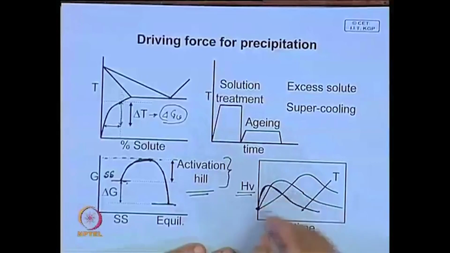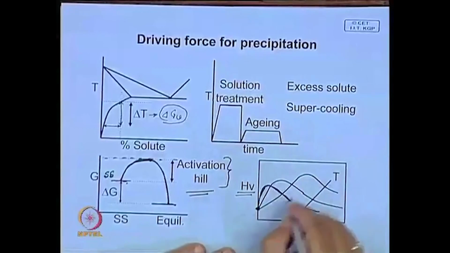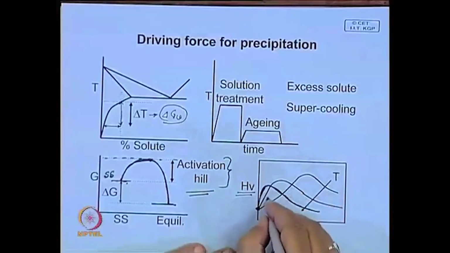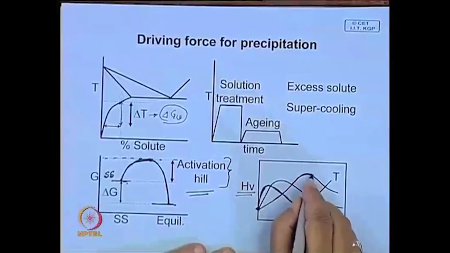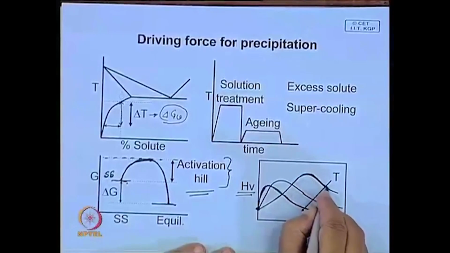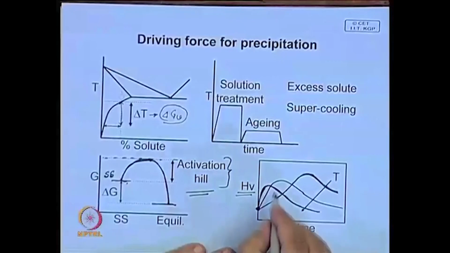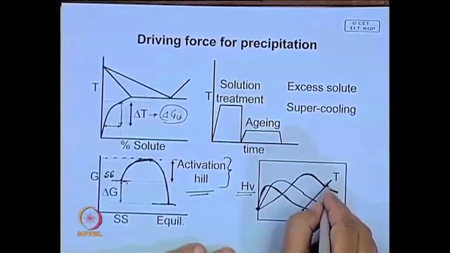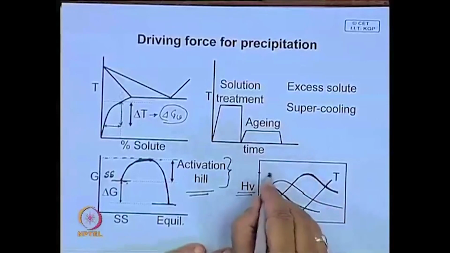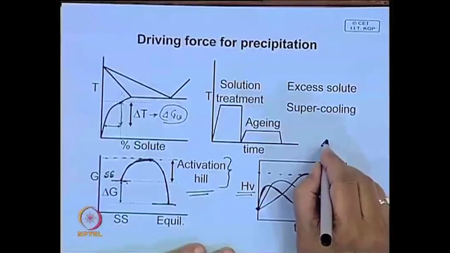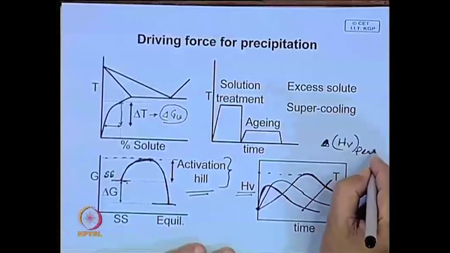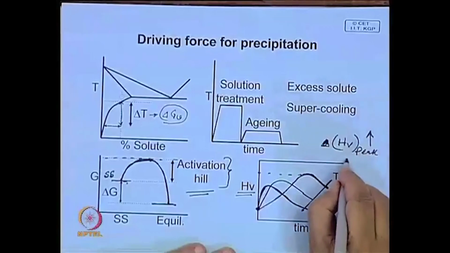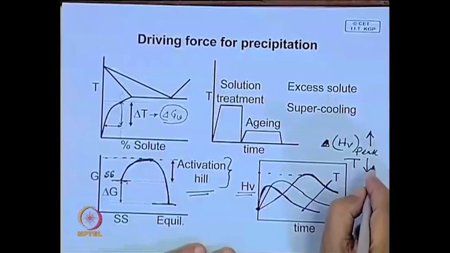Similarly, if you change the temperature of aging, say if you age it at an even lower temperature, then you get an even higher increase in hardness. Now, we will see the effect of temperature: the peak hardness